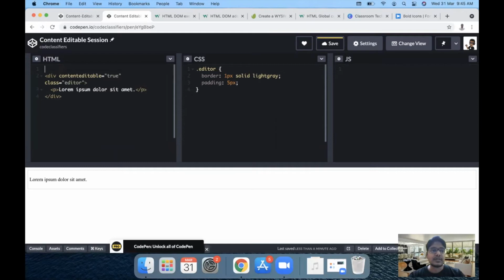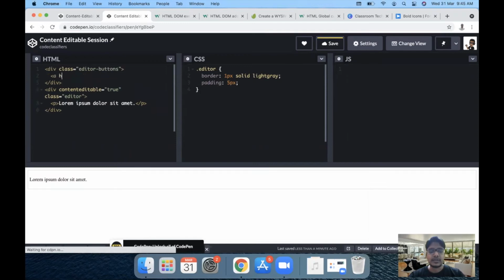Next, we can have a div here which has a class of editor buttons. This will contain all the buttons. Within that we can have an a tag and set the href link to hash. Basically href makes the cursor change to this hand icon.